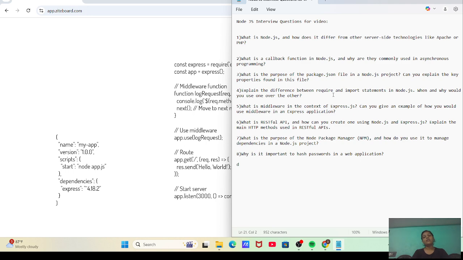Require is part of CommonJS in Node.js. Import is from ES modules, which is modern, and require in CommonJS is older. The syntax of require is const x = require('x'). Next, import x from 'x'.